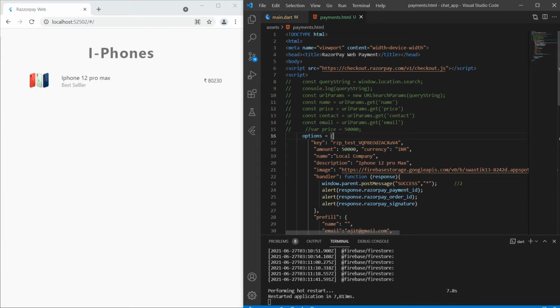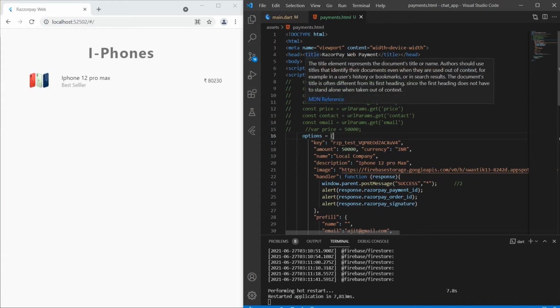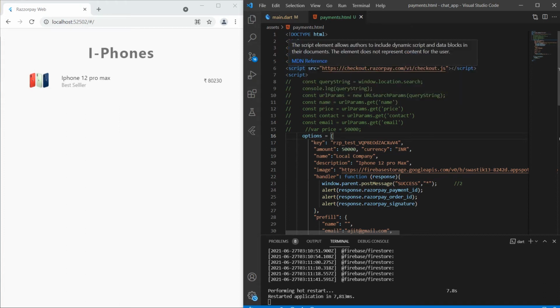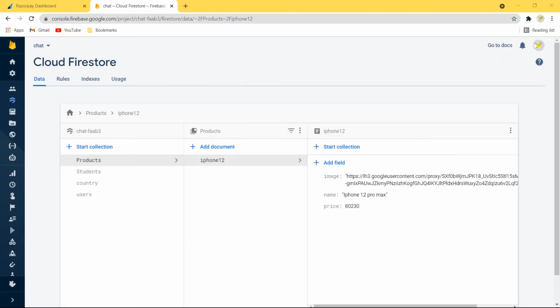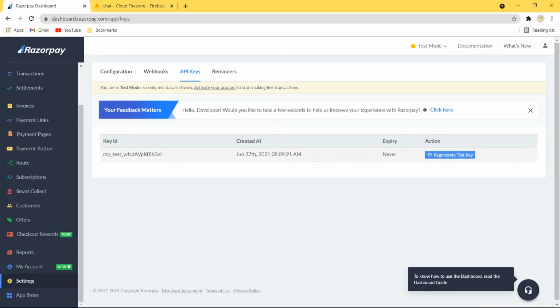So here we are using the HTML tag, then meta name, and then head, Razorpay web payment. If you want to use the title, then you can use it, but if you don't want to, then you must remove it. So we are using scripting here, that is JavaScript scripting, that is the checkout Razorpay link. Okay, so this is the test id which you have created there. You have to copy your own. So the test id I have created here, I will copy that. This is my test key id. I will copy that, and after that I will fetch all those things.